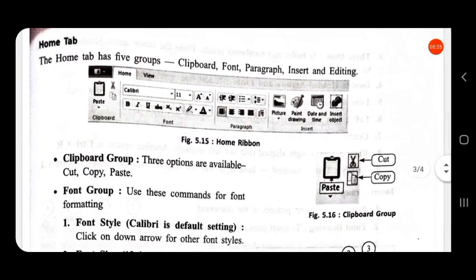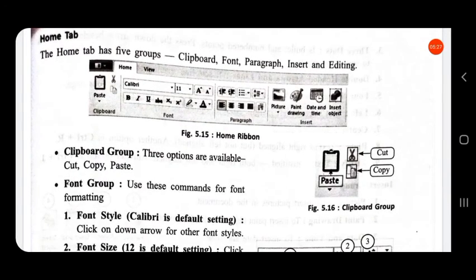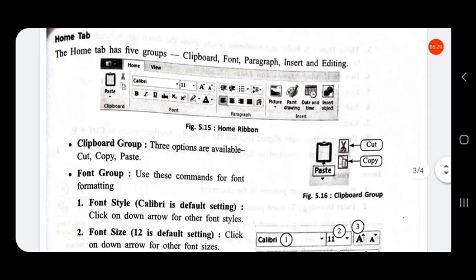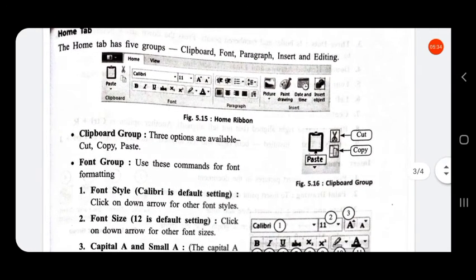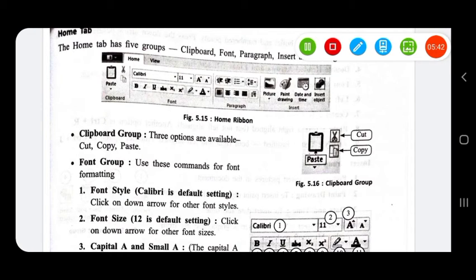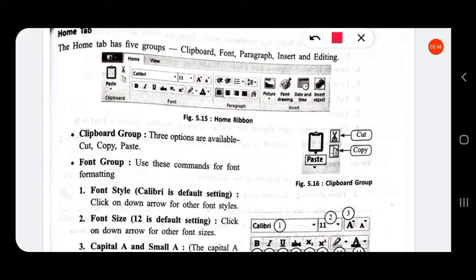Then next one is Home tab. The Home tab has 5 groups. They are clipboard, font, paragraph, insert, and editing.